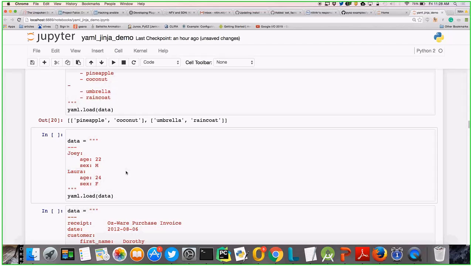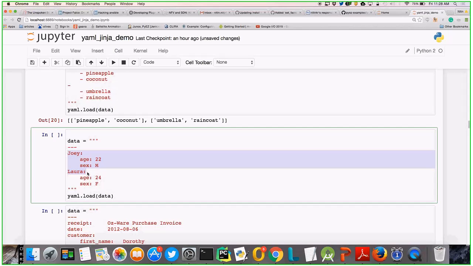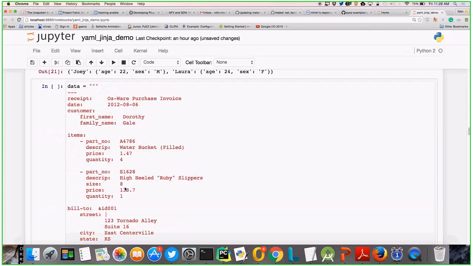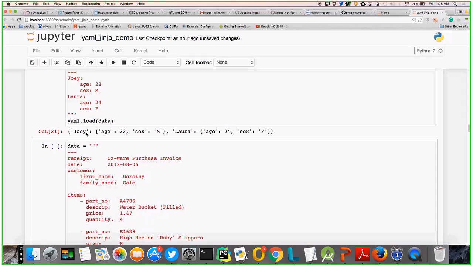So here is an example where we have a dictionary inside a dictionary. These two will be dictionary keys, Joe and Laura, and then these two values will be the values of those two keys, which again is a dictionary. So you can say this full thing is a dictionary where you have a key, and this value is again a dictionary. To fetch a value, I can put it in x.